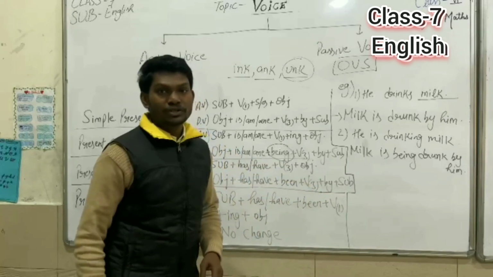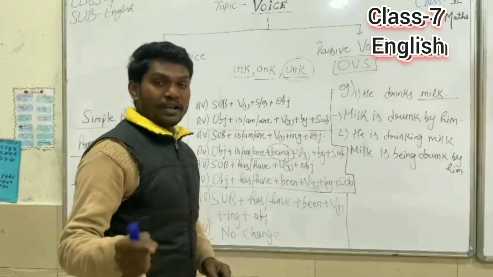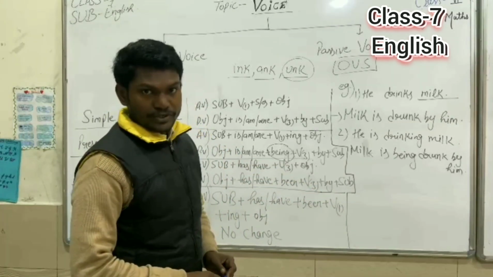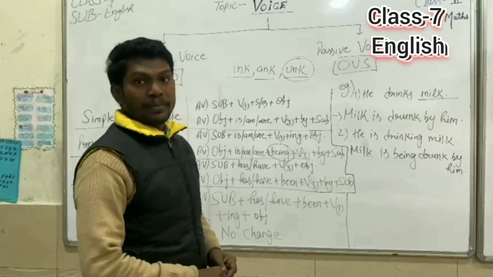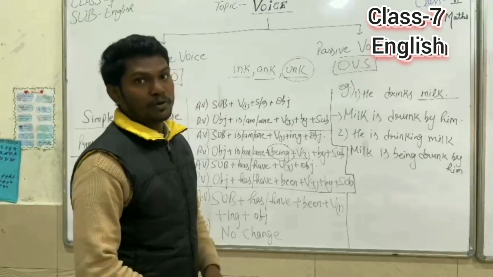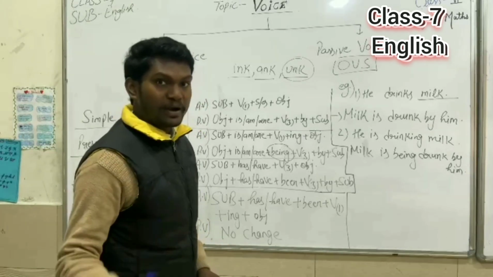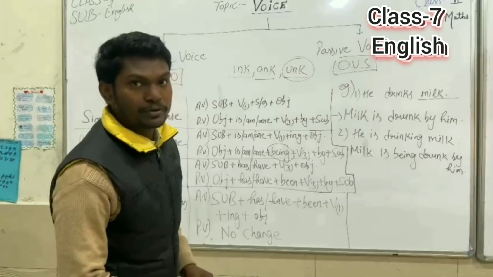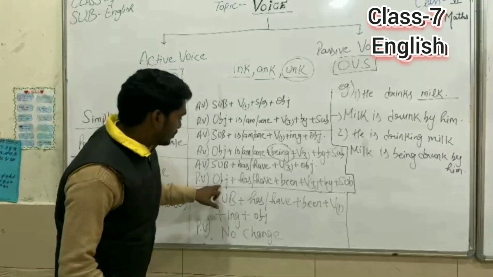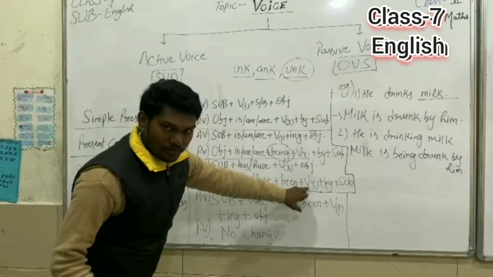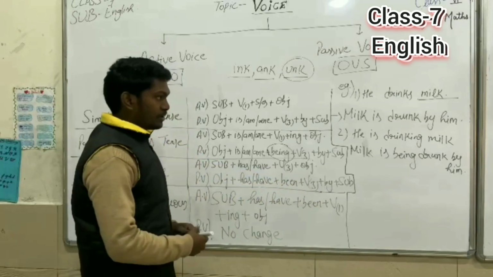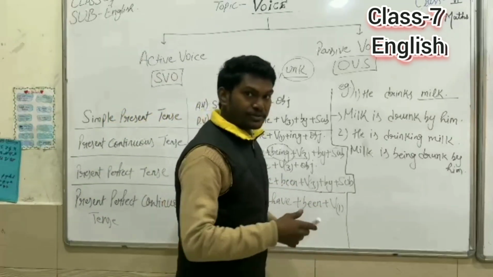Students, you might have noticed one thing, that while converting active voice to passive voice, in every passive voice rule we are using third form of the verb, which is the past participle form of the verb. It is very important to mention. Object plus has/have plus been plus third form of the verb plus by plus subject. Now to continue the same sentence,